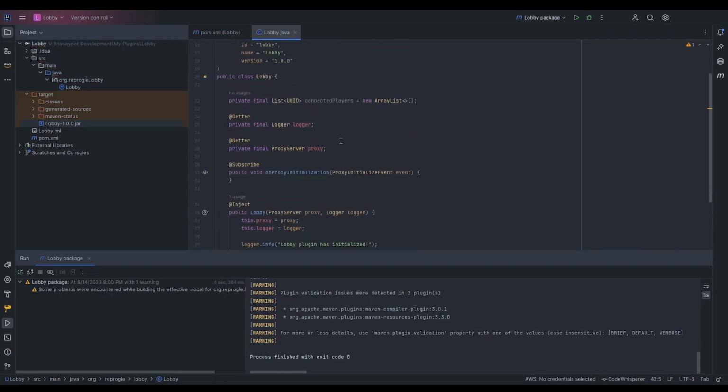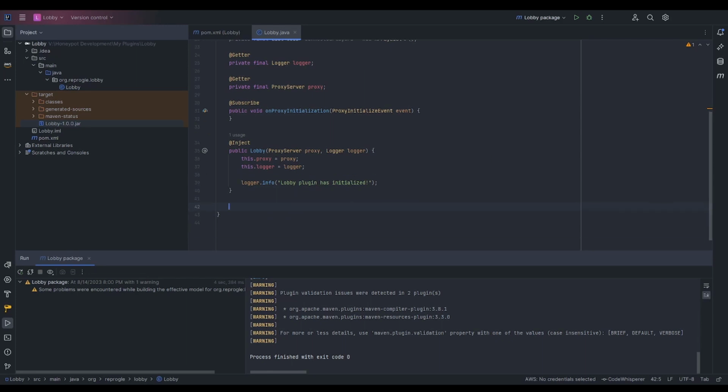So we've created our array there. And let's go down here and we're going to create a new event. This is going to be a server pre-connect event. So we're going to do an @Subscribe. Now, note when I did that, one from